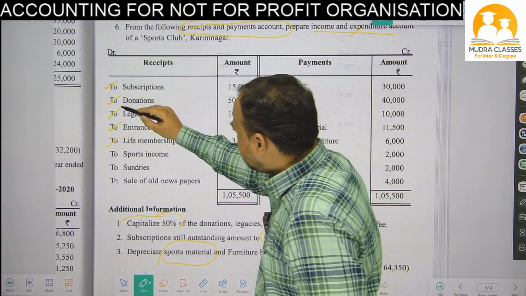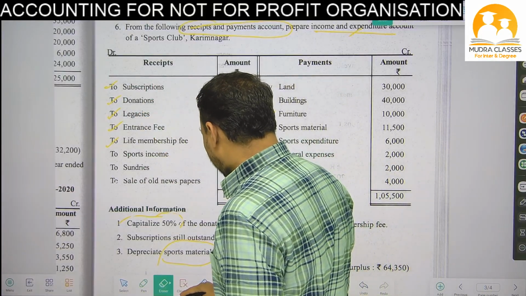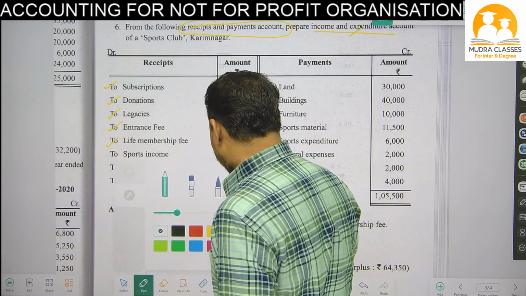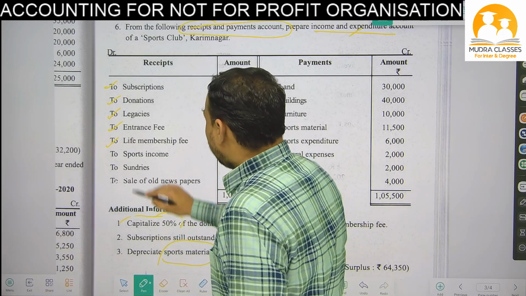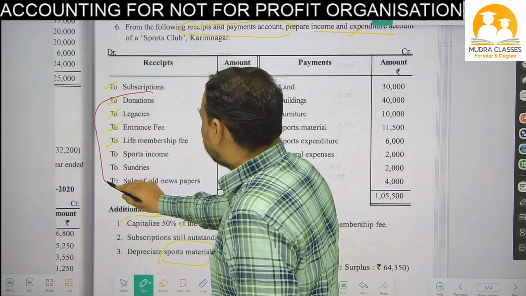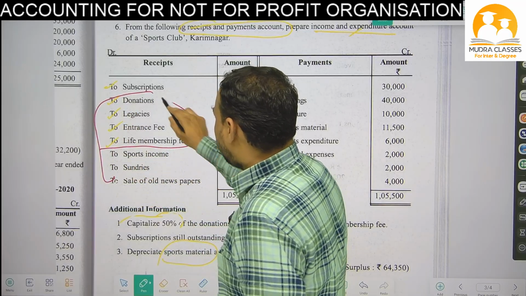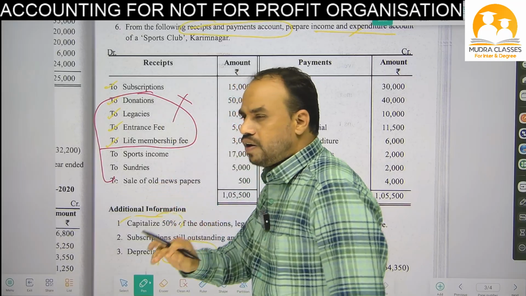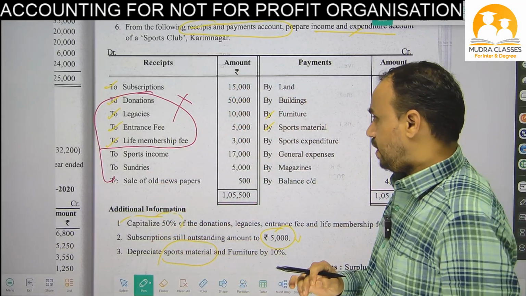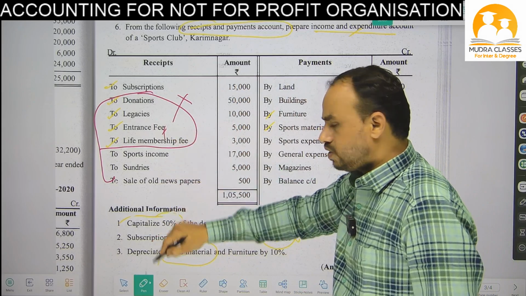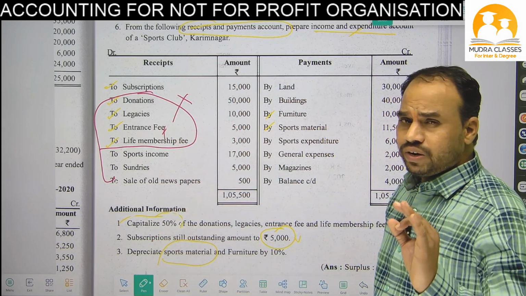So why did we write all this? Actually see, beta, listen carefully. Here I wrote some items: donations. These 4 items actually we will not write in the income and expenditure account. Remember carefully, sometimes we will write entrance fee, sometimes we will not write. If you listen to the